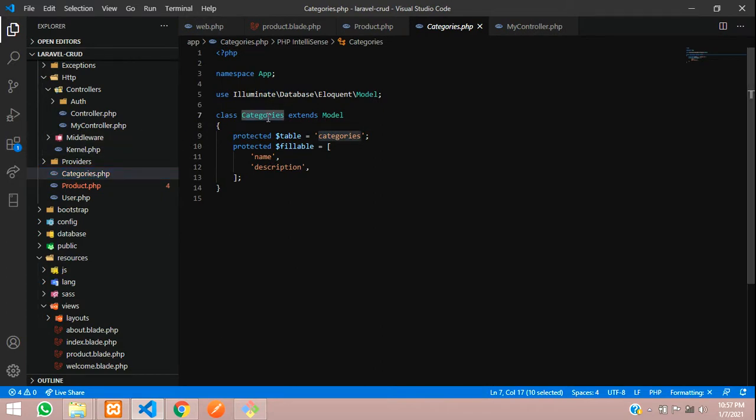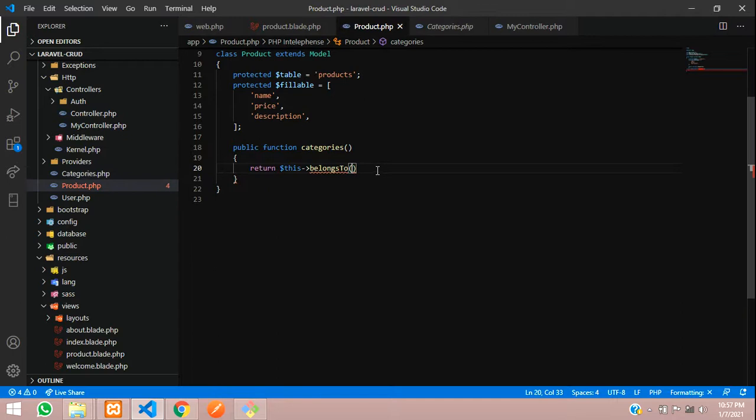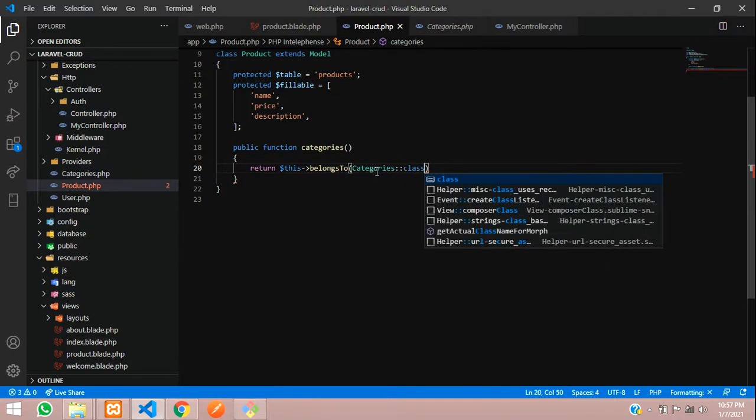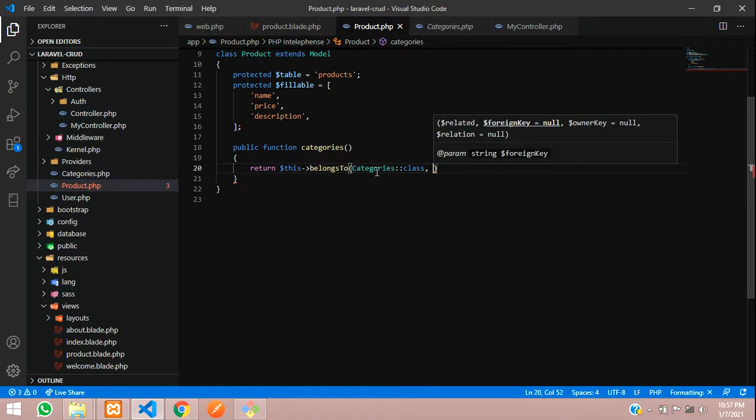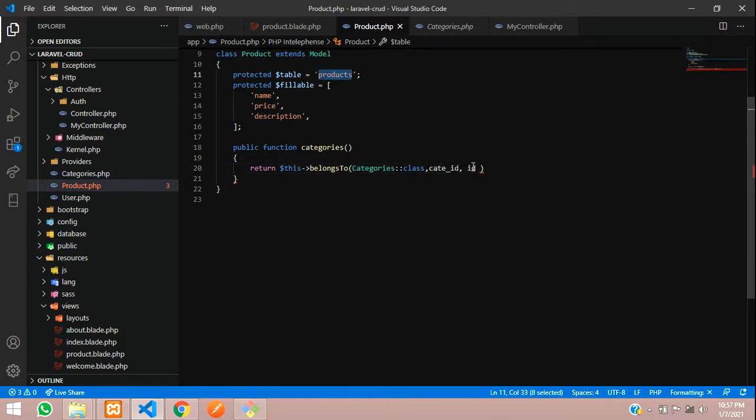You just copy this categories and paste it here, double colon and write class. Now which column we want, that is the category ID of the product table, that will be the ID of this categories table. So we are telling this column of the product table to go and search in the categories table's ID. Where it matches, we need the details over there. Add a semicolon. Now let us check it.